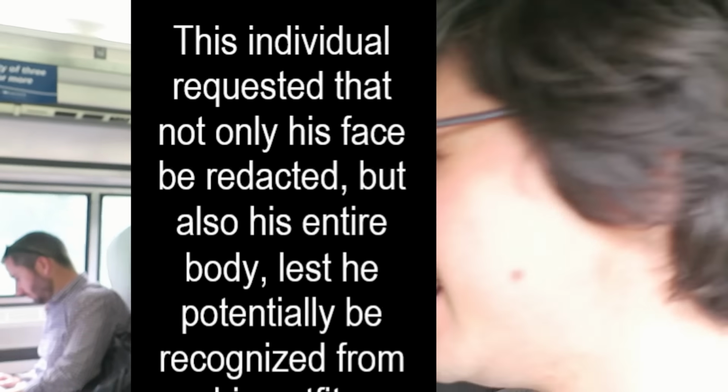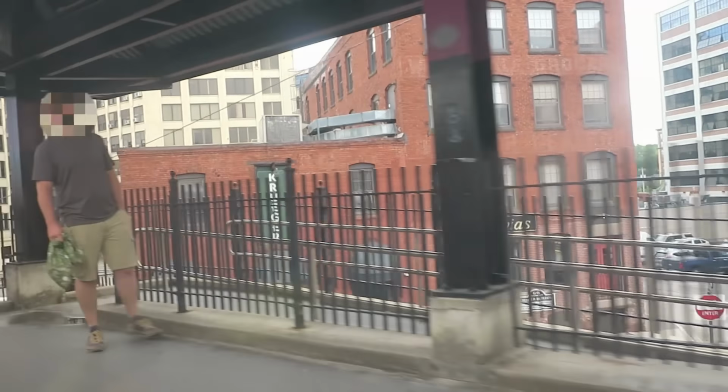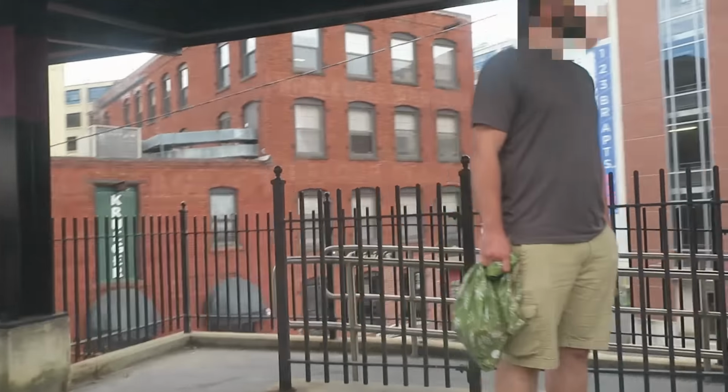So, do you have anything to add? He's shaking his head. What? Why is that random passenger being blurred? I don't get it. We've been joined by...